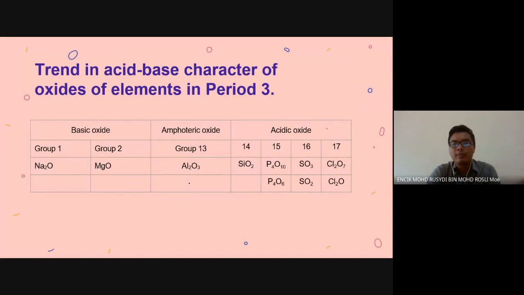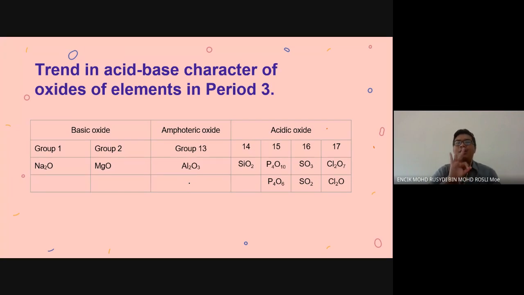Dia sangat simple saja. Okay, last part. Okay, so for last part of this chapter is that we will see the trend in acid-base character of oxides of elements in period 3. Okay, so di period 3 ni kita ada, bila kita jadikan oxide of all the element considered in the period 3, okay, we will have these three